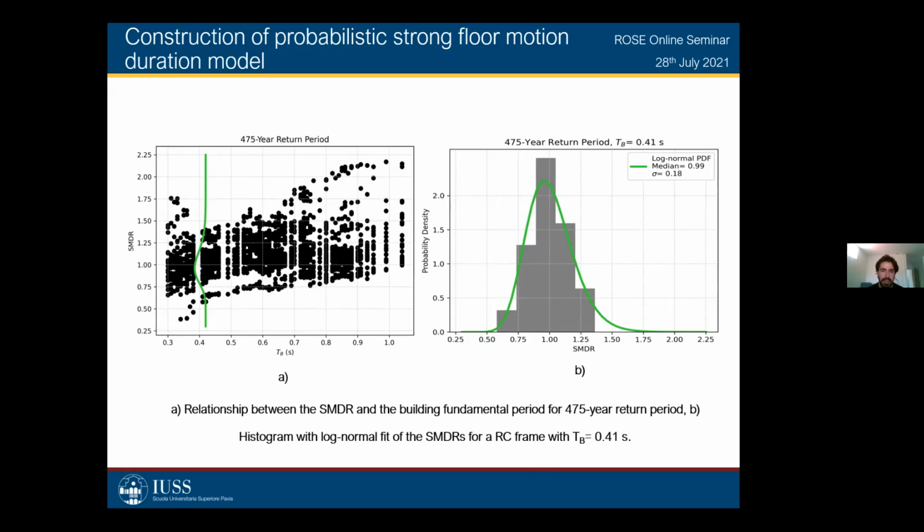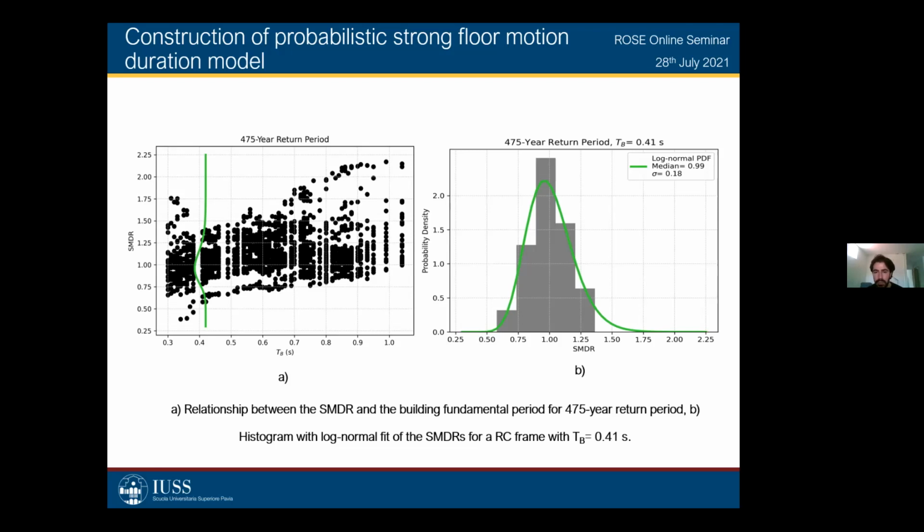So what we're seeing in the left plot is a vertical green line. Well, it's not vertical, it's actually a probability distribution. It is basically a fit for that particular line of points. And that is what you see in the right side plot: that distribution and that set of points has been extracted and plotted on the right separately to demonstrate what we're doing. Basically, you see the histogram for that particular stripe of points, and you see a log normal fit of that histogram.